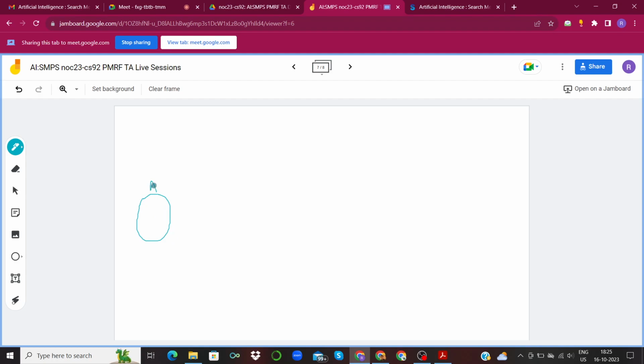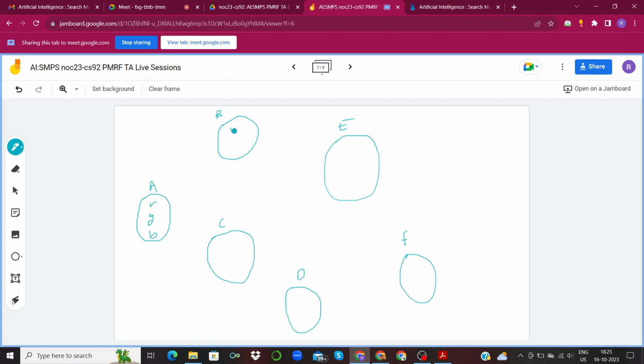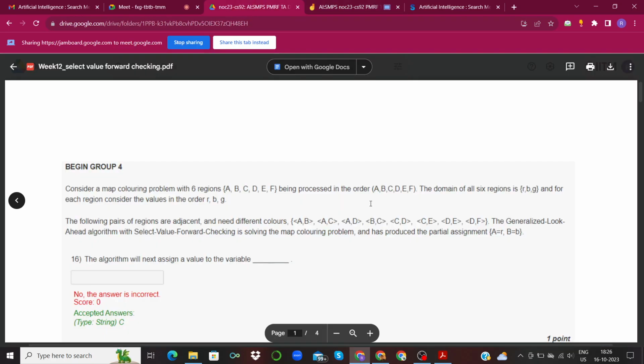Okay, so this is A. Each of these can take either of R, G, and B. So let's write that down. Okay, so this is what is given to us,